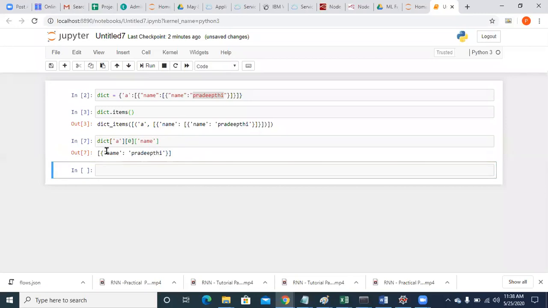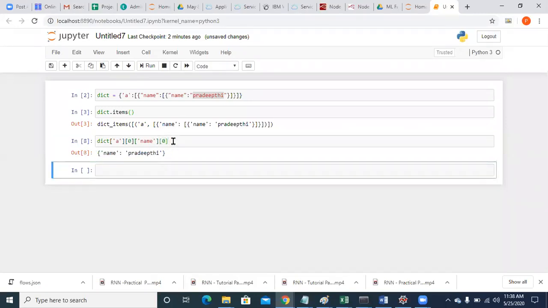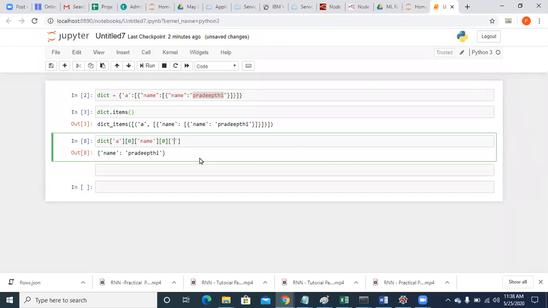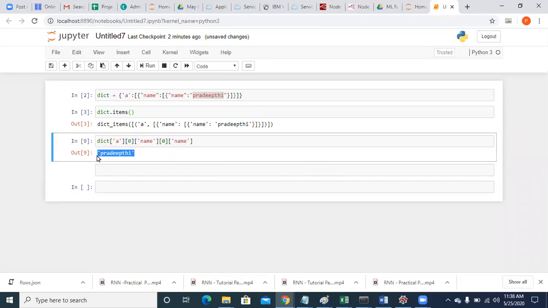Then I get a list. In that list, I'll take 0. Again, I have a dictionary. In that, I'll consider name. Then I got Pradipti like this. So 0 of name of 0 of name. Yes or no? So this is what parsing is. In order to get this value, I have to parse in this way.